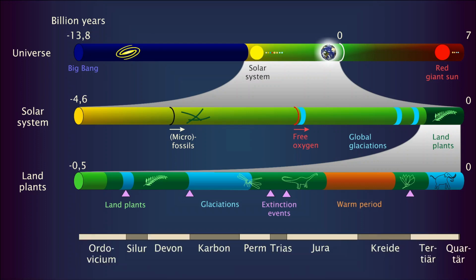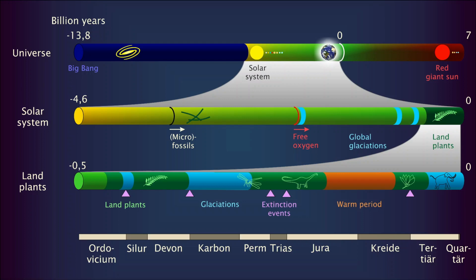If you want to take a look at the history of life in this period, we have to take a look at the geological periods that maybe you still remember from school. Each of these periods has been defined by a certain set of fossils which have been found during this period. And it means that each of these periods is defined by a certain set of organisms which have been around in this period. And these sets of organisms apparently changed throughout time. The question is why did they change?